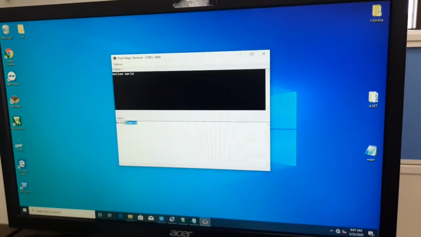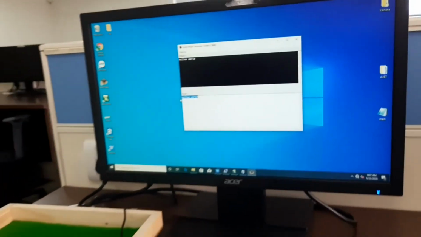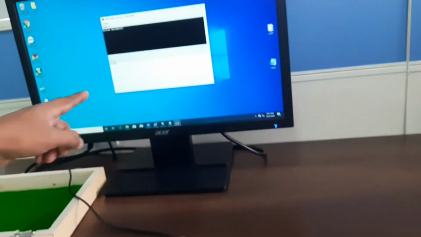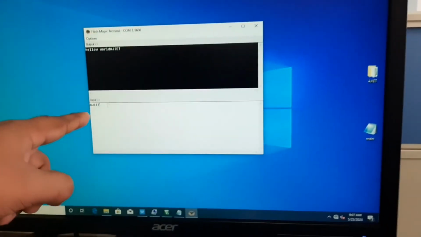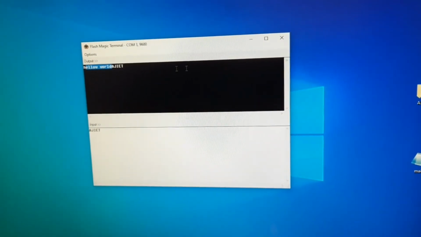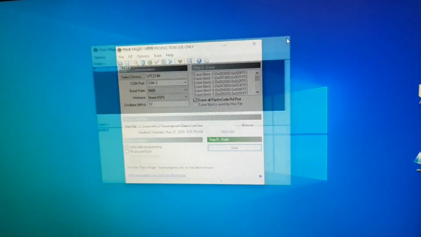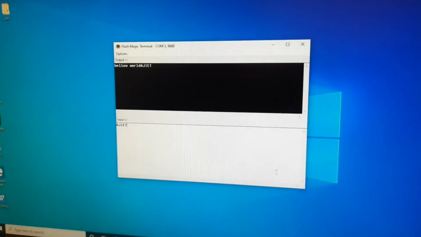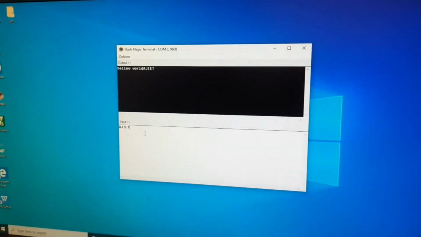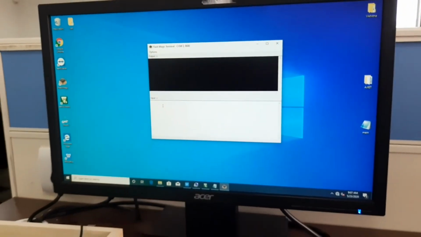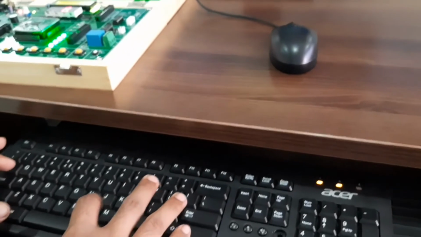Not only this, you can type anything. So let us type AJIET. I typed AJIET here. Now I will go again to Tools, Terminal, okay. So here, yes, now I will type AJIET.